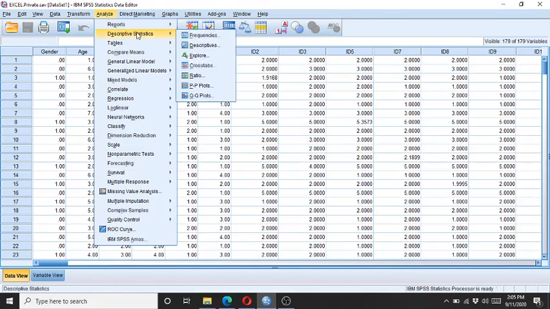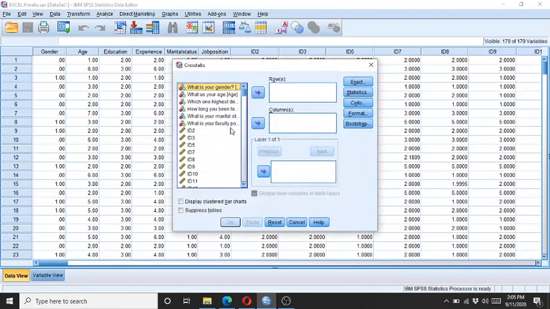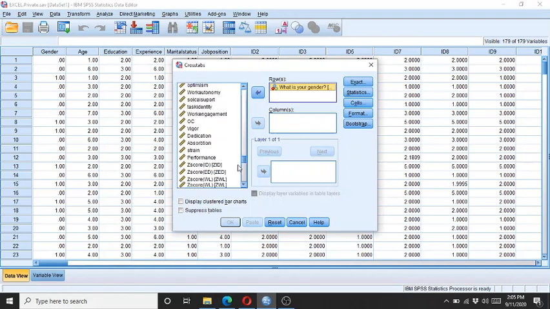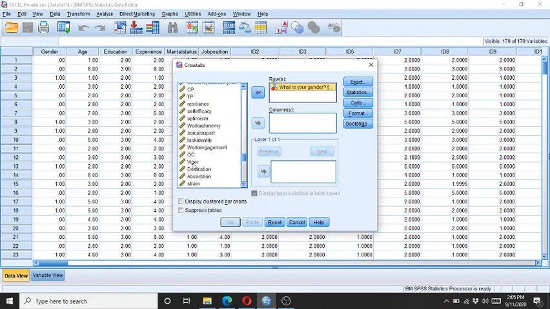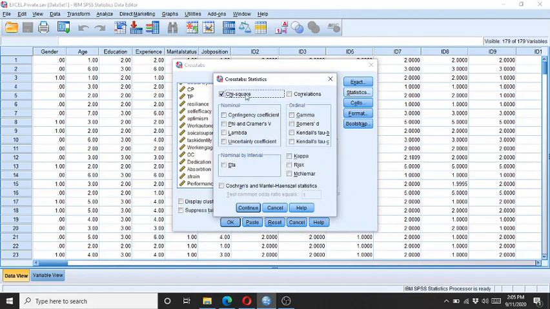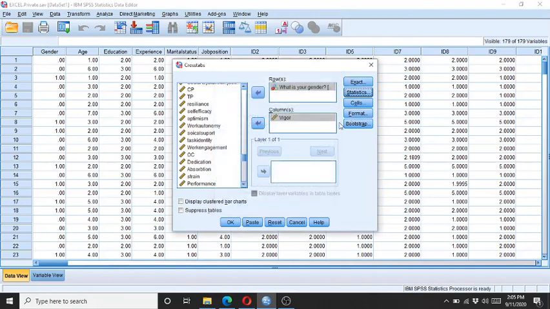Let's suppose you want to calculate the cross tab. So you have, let's suppose, the gender. The gender is entered into the row, and let's suppose we have this variable of, let's suppose, vigor. I enter it in the column. If you want something else like chi-square, you can click on it. If you need kappa or other things, I have separate videos on these things, so you can click on it. Otherwise, don't click. If you don't need it, it would create a mess.